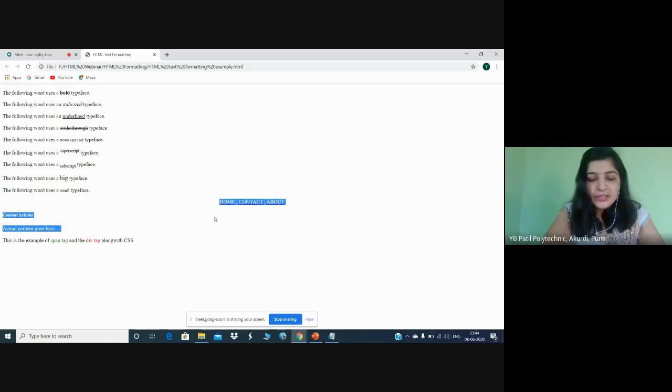So the division tag is used to make 2 different sections on your web page. Then the last, which we have seen, a span tag. On a single line, if you want to group the elements, then you can use a span tag. Whatever is written in a span tag, I have given text color as green and color as red. So these 2 words are displayed in green and red color.